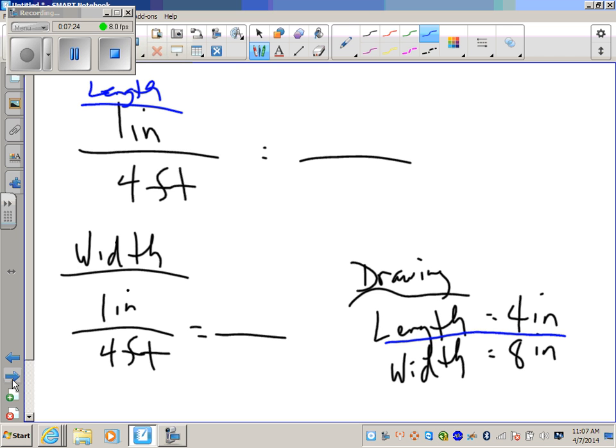Because that's where I put my inches on my first ratio. So I'll put it on top for this one. So now what's being done is exactly the same thing that you did for today. First thing we look for is a relationship. So from 1 to 4 times 4, 4 times 4,